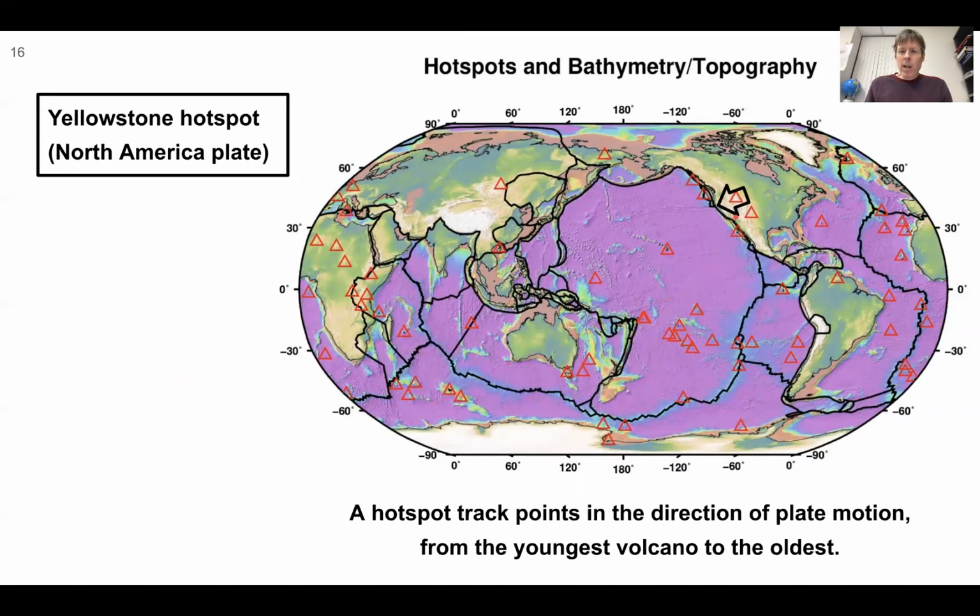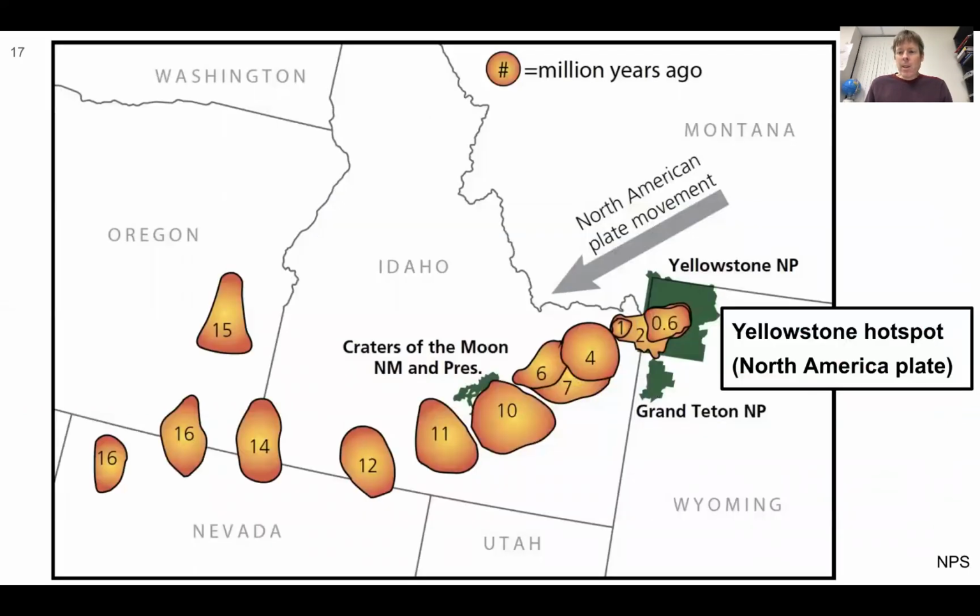Here's the Yellowstone hotspot. It's this triangle right here, and we'll look at its direction, which is associated with the North America plate. So again, a hotspot track points in the direction of plate motion from the youngest volcano to the oldest previous volcanoes. Here's a map from the National Park Service, very simple and very succinct with the information